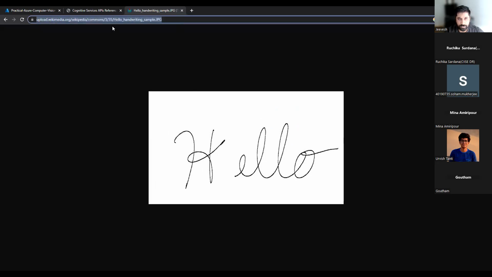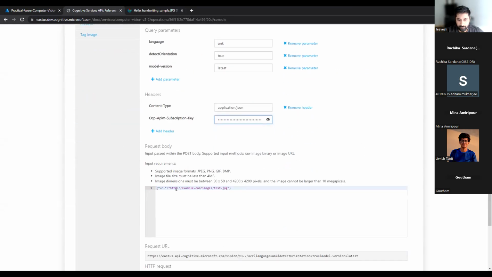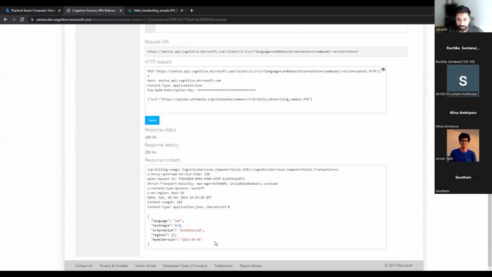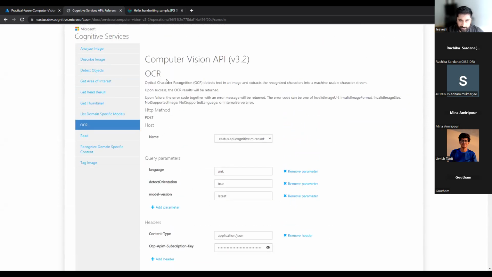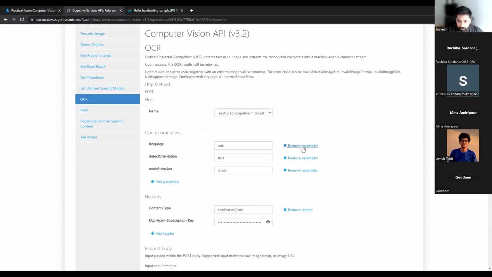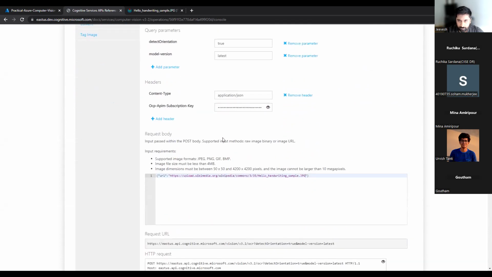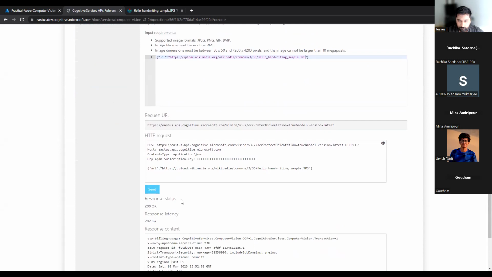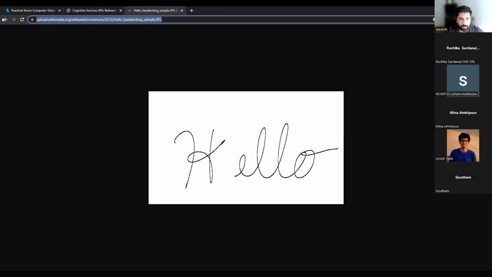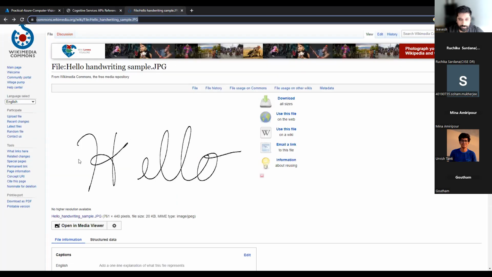Let's see if this image can be passed. Perfect. Okay, so the OCR could not detect that. I think it's too difficult for OCR.